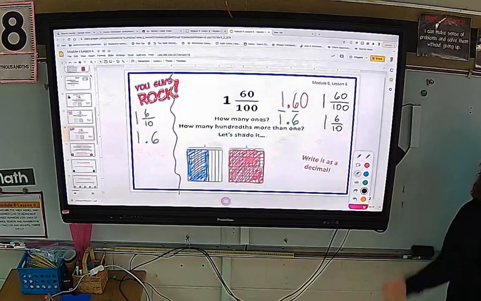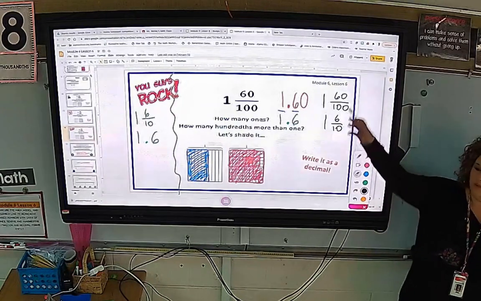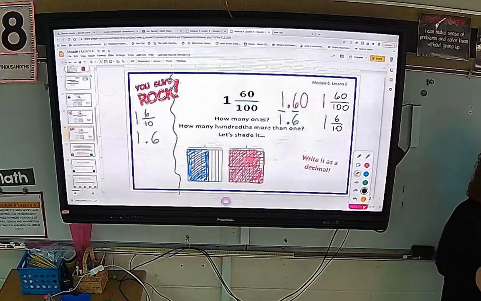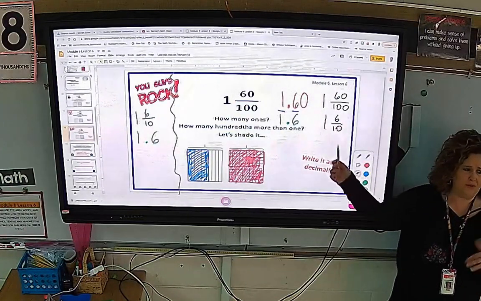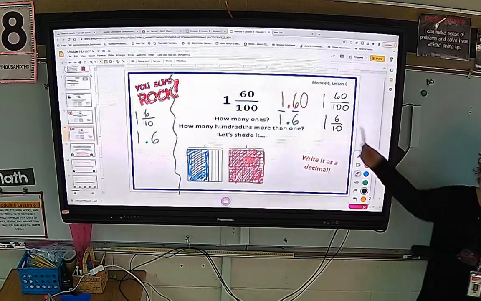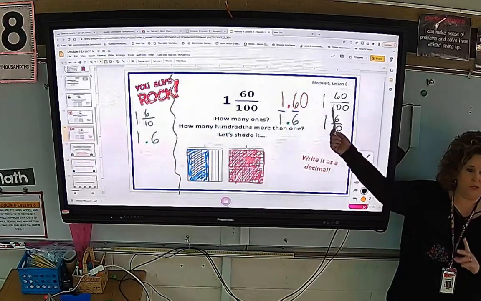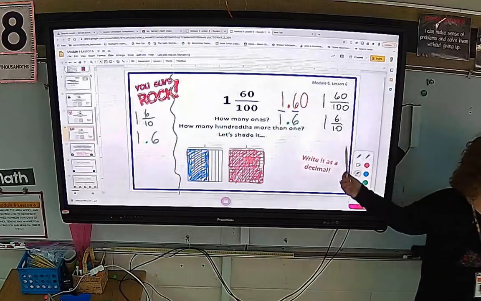get back on track. Back a long time ago, there was a day where we were like, are these equal? Let's check and see. And we said, if they have the same whole number, just forget about that for a minute and look at the fraction piece. They've both gotten to one whole. Which one goes farther past one whole? The 60 hundredths or the 6/10ths?